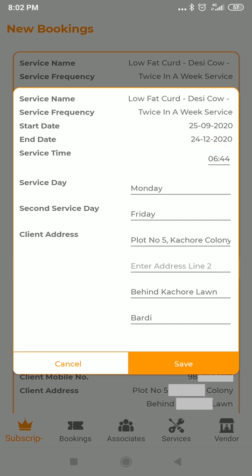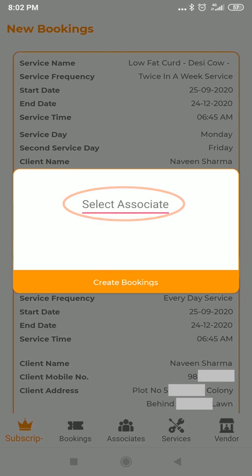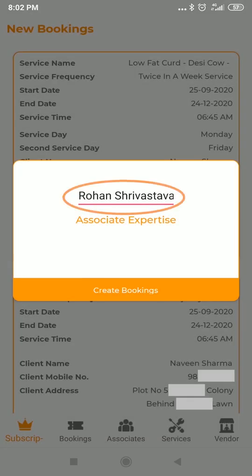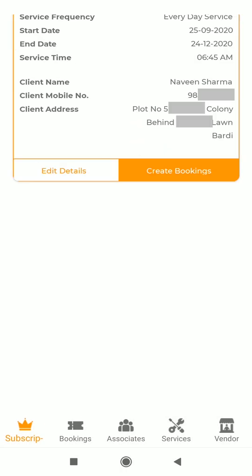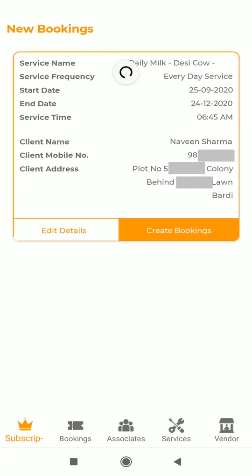After changing the booking data based on the capacity of the company, the booking is assigned to one of the associates and accepted into the system. After which, the booking is no more available on the Subscription tab and is seen on the Bookings tab. This part will be seen in a while.